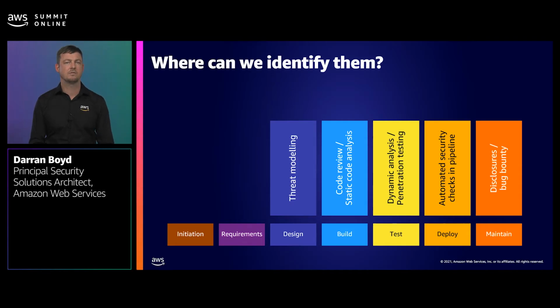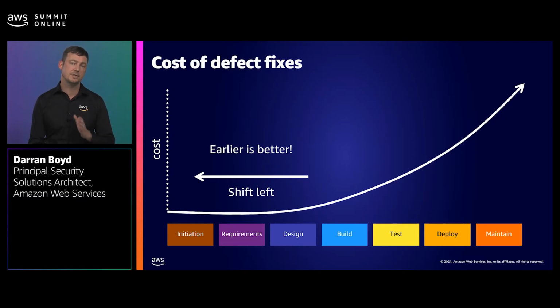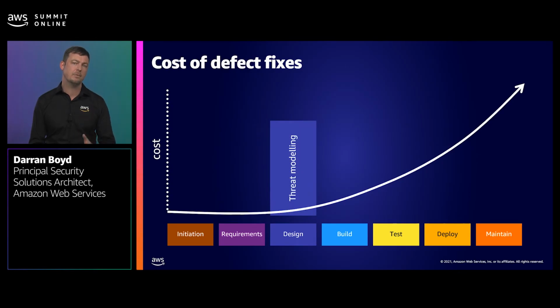So you may be asking yourself, why have we selected threat modeling given the large number to choose from? Well, the answer is because the cost of mitigating threats actually goes up exponentially the later you find them in your software development lifecycle. So this is where the shift left notion comes from, and it's really better to find and mitigate issues within security as early in the process as possible. This is when you're in the headspace of creation and design, and it's very simple for you to make design alterations that won't result in a lot of rework in the future. And that is why I'm recommending that threat modeling is really something you want to invest in, because it's in those very earliest stages of design.